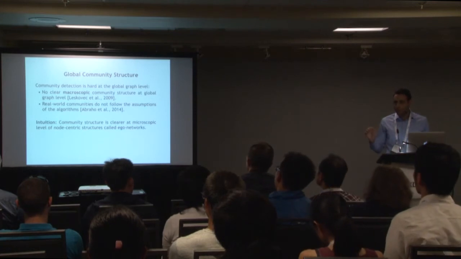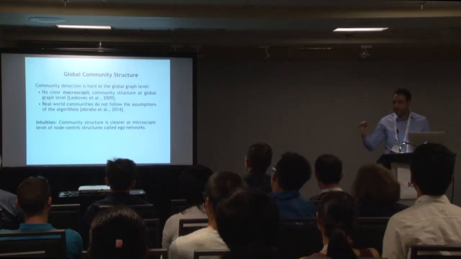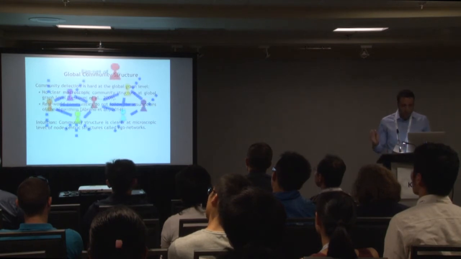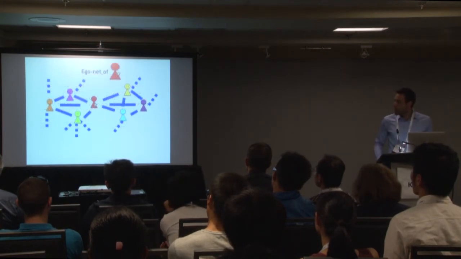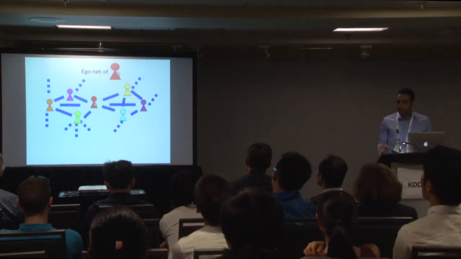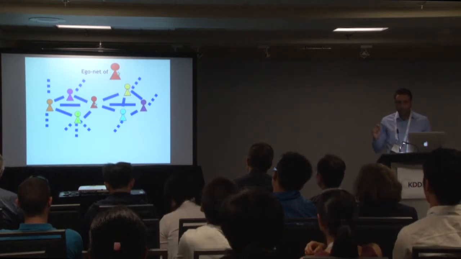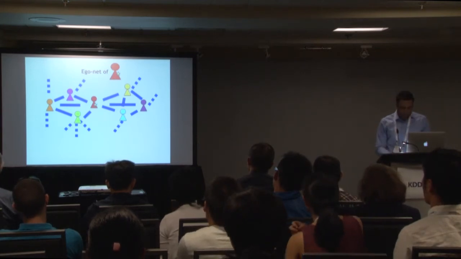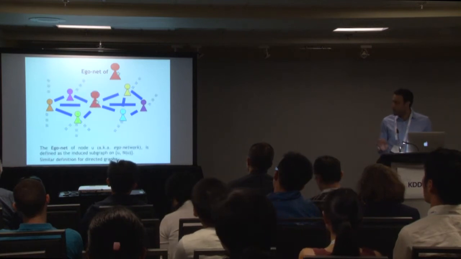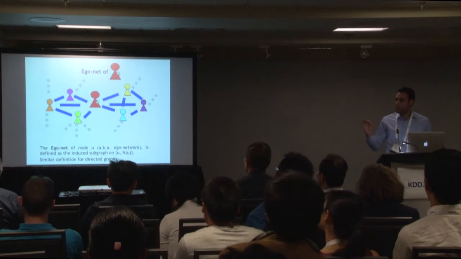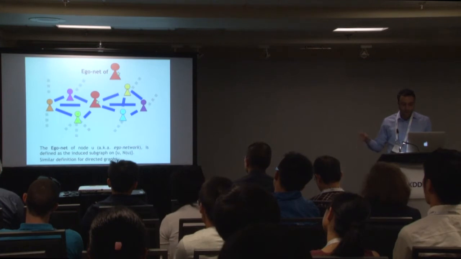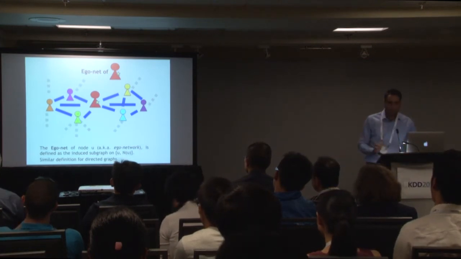The good news is that if we instead look at the local structure near a node, the problem becomes much simpler. To explain this, I will first introduce the concept of egonets. What is an egonet, or an ego network? It is a subgraph of a given graph defined for a specific node. For instance, let's look at the red node in this slide. The ego network of this node is defined as the subgraph that contains this node, all the neighbors of this node, and all the edges among these nodes. So the blue edges and the nodes there are the ego network of this red node.